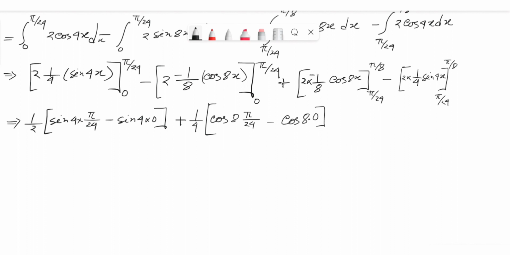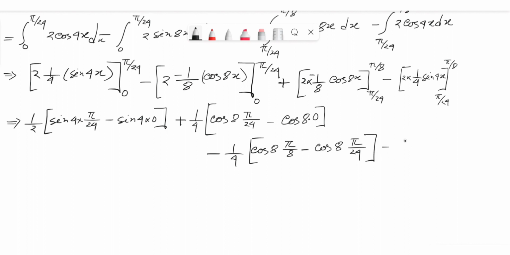This minus can come out, so this will be minus, and when you cancel 2 with 8, it will give us 1 by 4, and first will be the upper limit, then the lower limit. So cos 8 pi by 8 minus cos 8 pi by 24, okay,